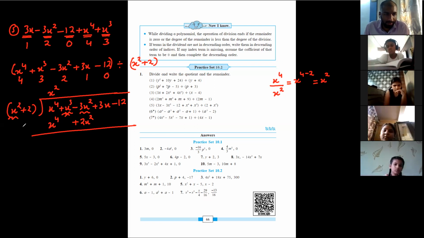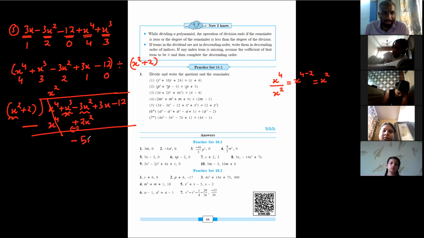Now our next step will be what? We'll subtract this. On subtracting, we will cancel this. The sign of plus 2x square will change to minus. Now in 3 and 2, the bigger number sign is 3. So I'll put minus sign over here. 3 ka sign is minus. 2 ka sign is minus. So both the signs are same. So you'll add both of them. So you'll get 5x square over here. You'll get 3x. X cube will be down. And over here you will get minus 12.